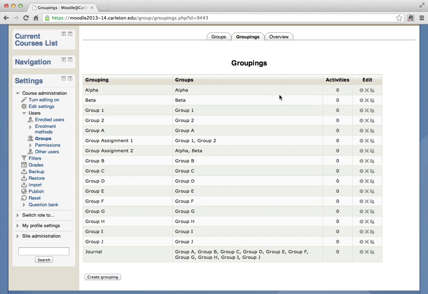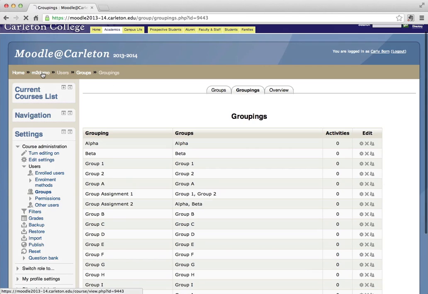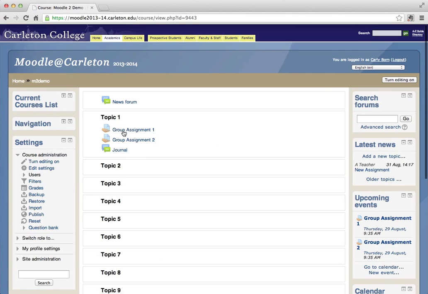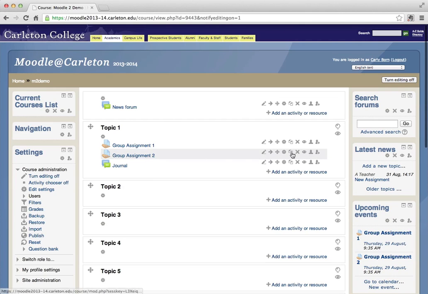Otherwise, they don't really get in the way. If having all of these groupings on this page bothers you, you could always delete the ones that you don't need here. Now I'm going to go back out to my main page and make sure that each assignment and the journal are associated with the appropriate grouping. So I'm going to go ahead and turn editing on, and I will edit the settings. First we'll do group assignment 1,